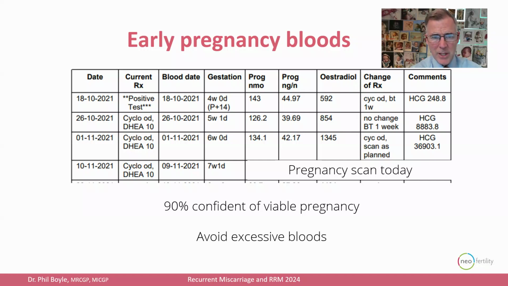But looking at these blood test results as the pregnancy progressed, straight away I dropped her Cyclogest down to once daily. In fact, I should have stopped it because her levels are so good. Her progesterone, estrogen, HCG were brilliant. It was actually 8 days later, down to every day, I want to know where that blood level is. Bloods were absolutely beautiful, surging fantastically well. I'm looking for a tenfold surge on the HCG over the space of 7 days. We're going way above that.